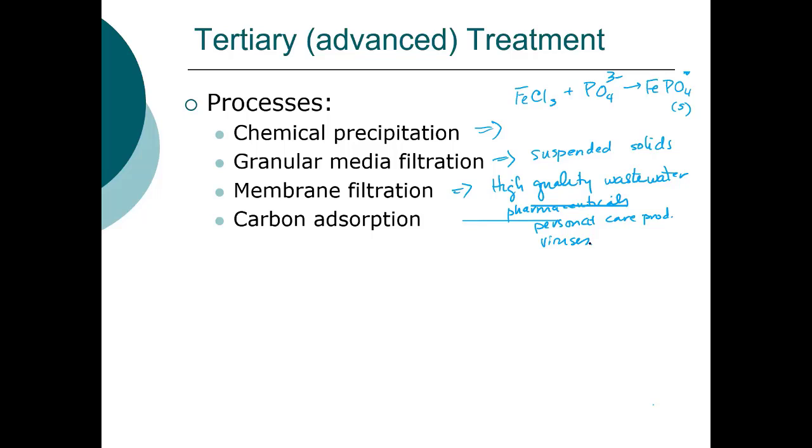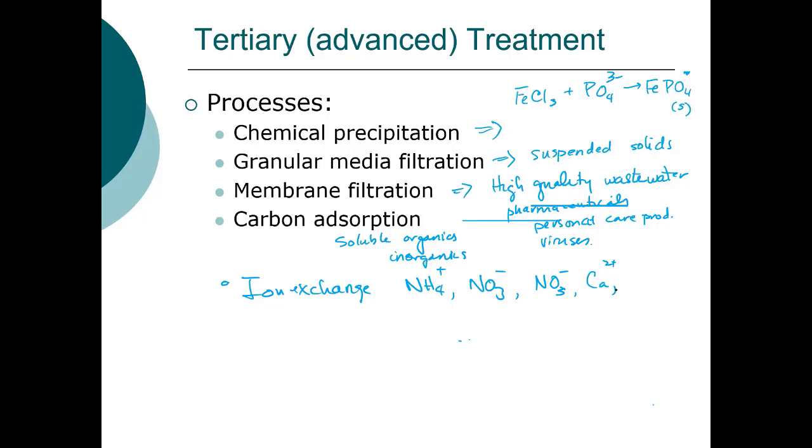We can use carbon adsorption to remove soluble organics and some inorganics, such as metals. And I didn't have it here, we can also use ion exchange. For instance, we can remove ammonium ions. We can remove nitrate, nitrite. And if you have a water softener, you know